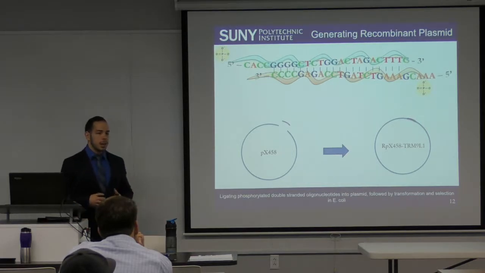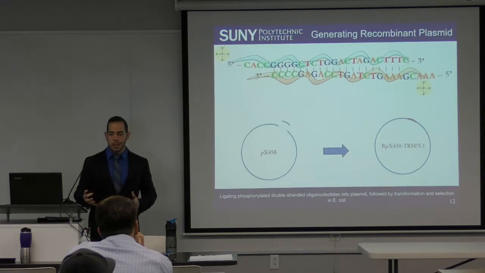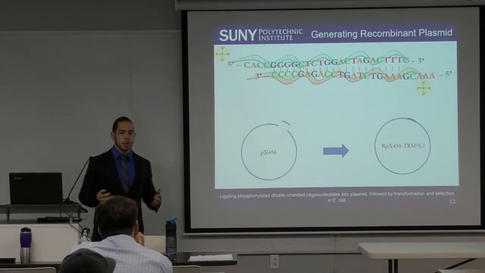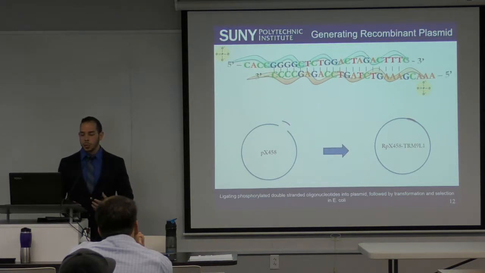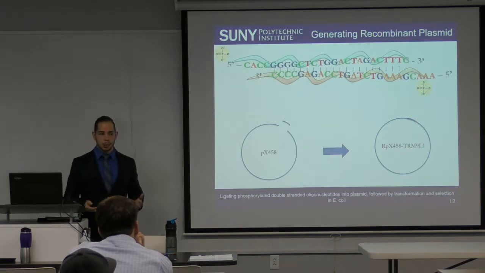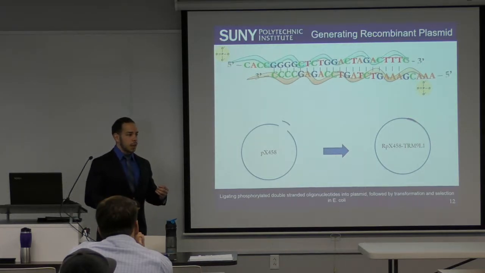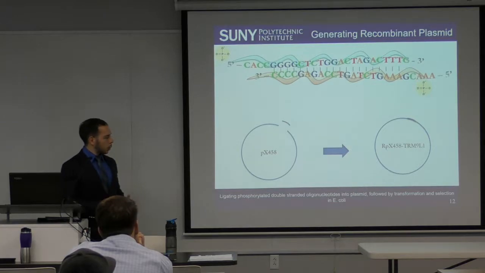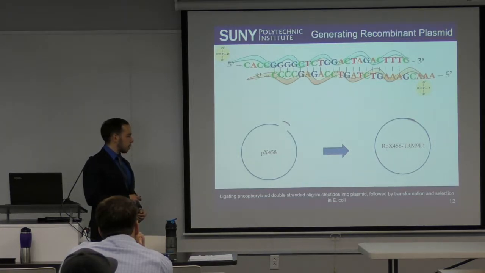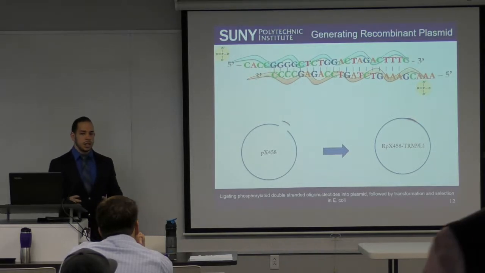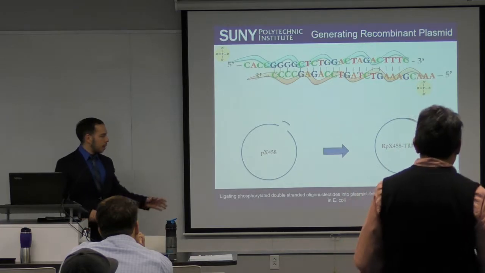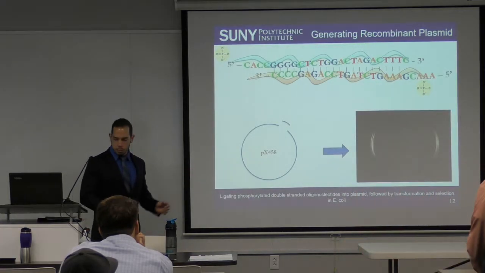Now that we have our ideal vector, we want multiple copies of our vector to actually transfect into a mammalian cell culture. The easiest way in biology, as many people know, is to give it to bacterial cells, and bacterial cells will replicate your plasmid along with their plasmid. Now, as I spoke about before, this plasmid has an ampicillin resistance gene out here. And this ampicillin resistance gene is a selective biomarker because we can then use